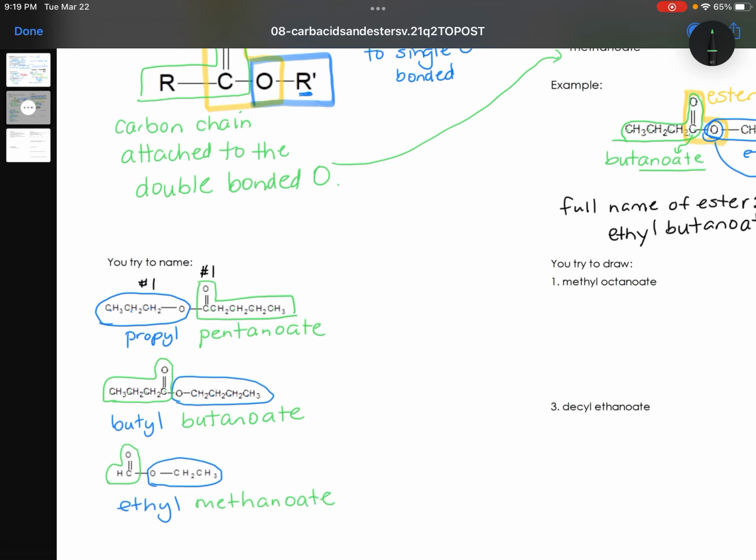And actually, the good thing here is that sometimes, if you look at the second example, butyl butanoate, it doesn't matter. They're the same, so that makes your life easier. These are actually synthetic smells. You could synthesize these in a lab. So butyl butanoate is